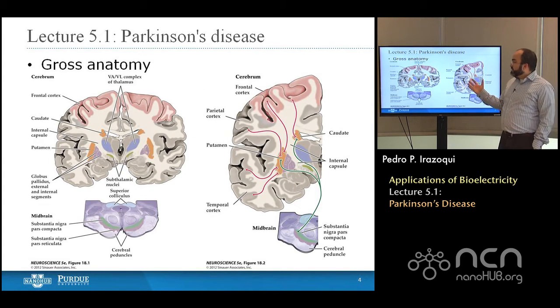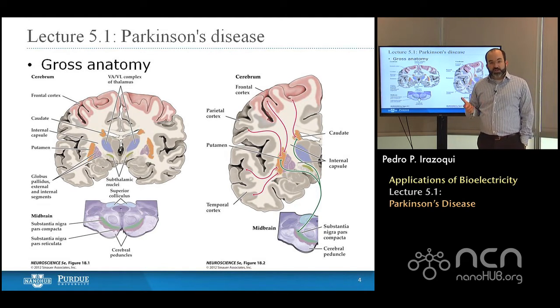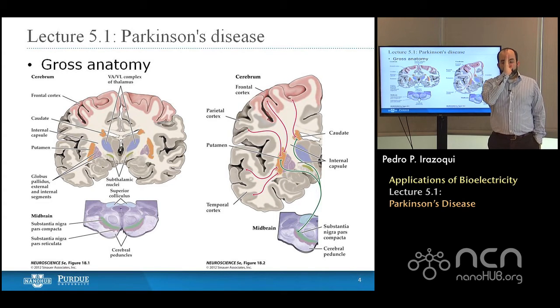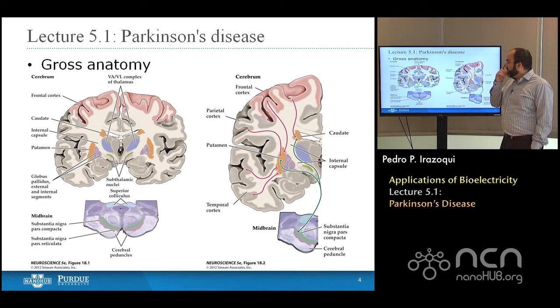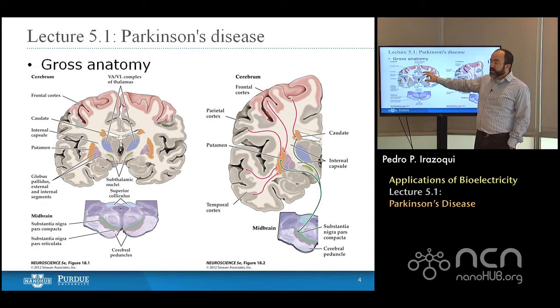The other thing we talked about is the anatomy of the brain and how the anatomy of the brain can be explored by taking cross sections of the brain, the hemispheres themselves. And we have 3 different kinds of cross sections we can do. We can do a sagittal cross section, which goes right down the middle of the head like so. We can do a horizontal section, which goes across the middle of the brain like so. Or we can do what's called a coronal section in this plane here. And that's what we're looking at here.